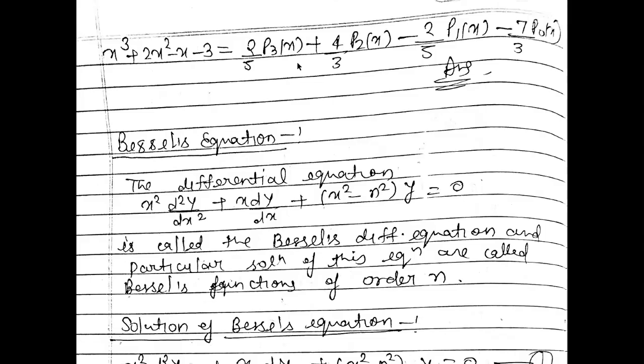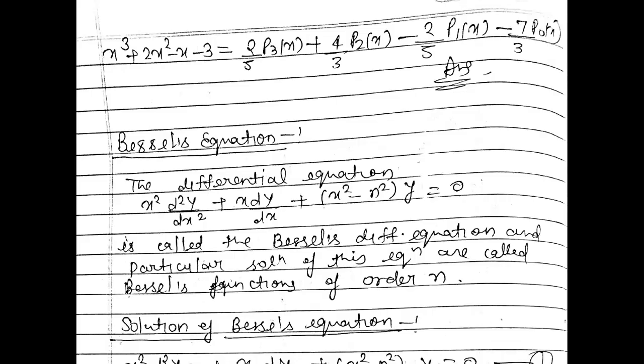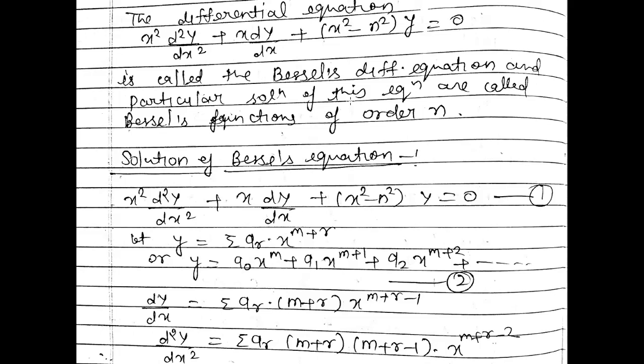Summation a_r (m plus r)(m plus r minus 1). So you can see here these terms, x to the power m plus r. Here x to the power m plus r minus 2 and plus 2, so minus 2 plus 2, the power will be cancelled out. Here minus 1 and plus 1, the power will be cancelled out. So we will get